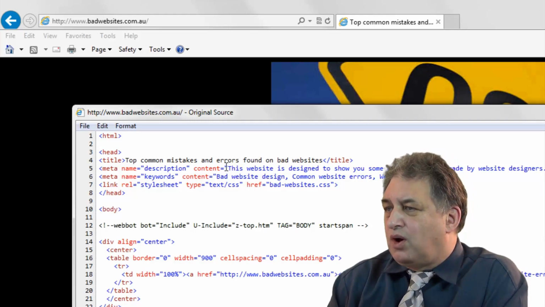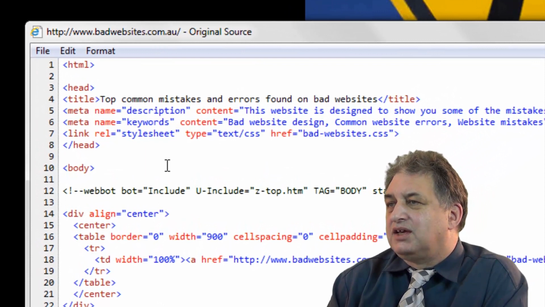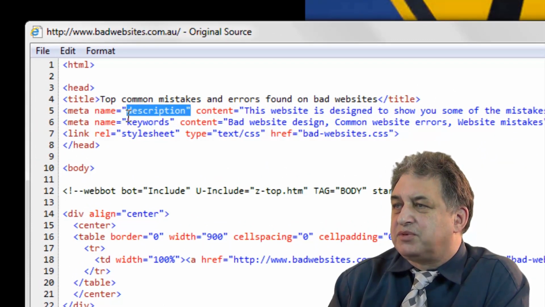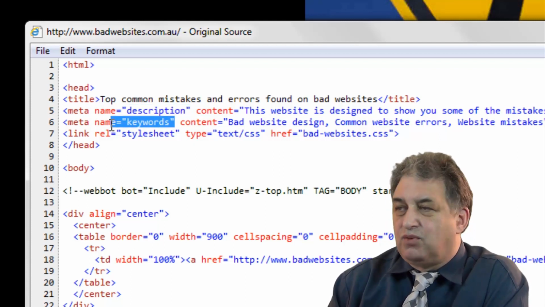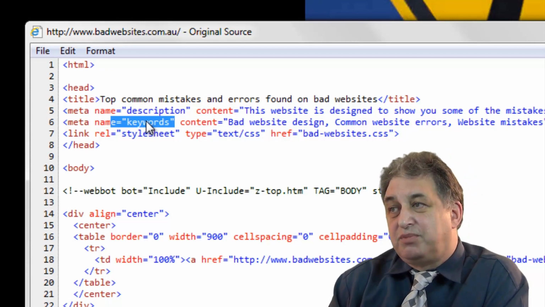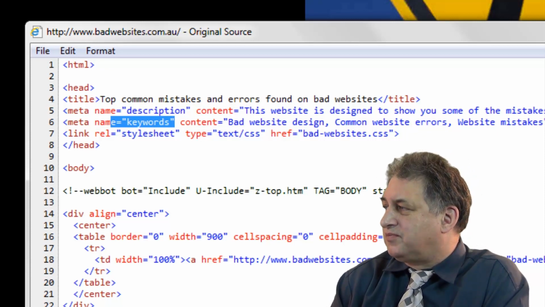So as I say, you don't have to worry about all the details here. It's just important to know that within the header area there is a title, a description, and you have these keywords here which are not important for your website, but as we've seen can be important for investigating keywords that other people think are important on their websites.